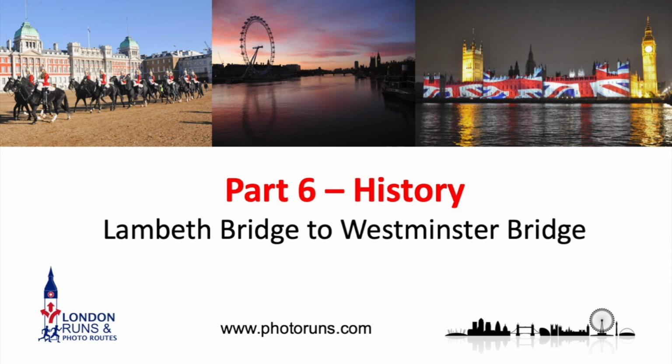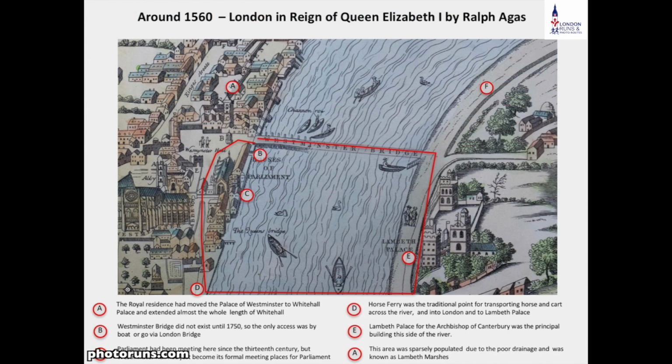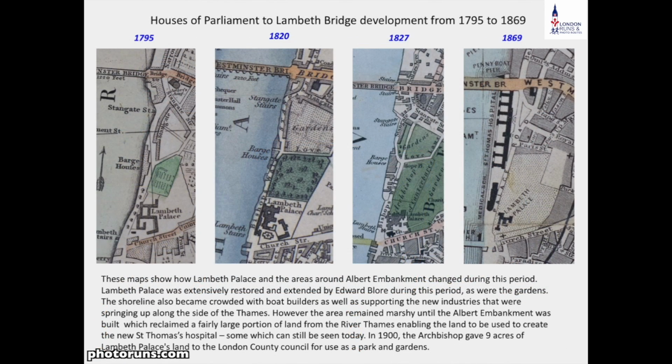Now I'm just going to go quickly over the history because we've seen some of this before, but this particular route is going along what is now the Albert Embankment, but as you can see there's not very much in terms of other houses or industry apart from Lambeth Palace along the route, as we see from this map from 1560 Elizabethan times. But if we move on a little bit further into history, we can see the development of the area over time from 1775 up until